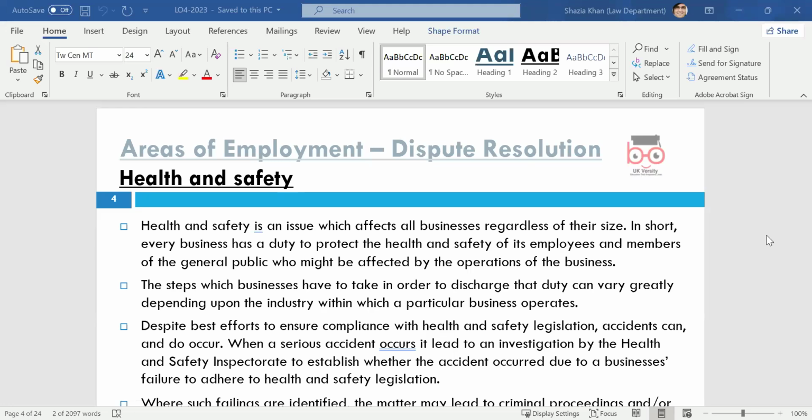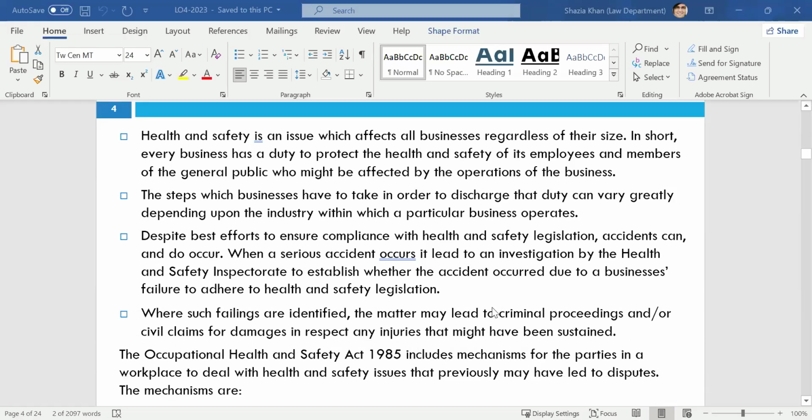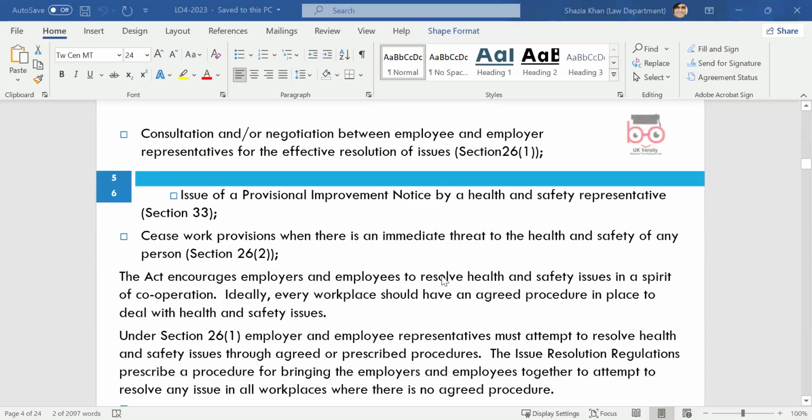Someone might get hurt, something may go wrong, somebody may not follow the health and safety policies, and an accident may occur where you're failing to put in elements of investigation. So they start to investigate and also start to identify that there are areas that may lead to criminal damage. If someone's fallen or someone's hurt themselves or an accident occurs, there are mechanisms in place to deal with that kind of issue because not everyone follows policies and procedures that are put in place.